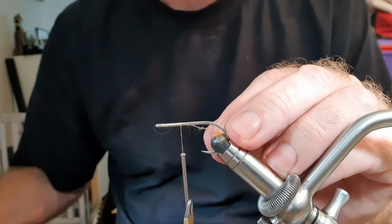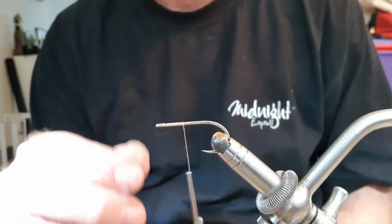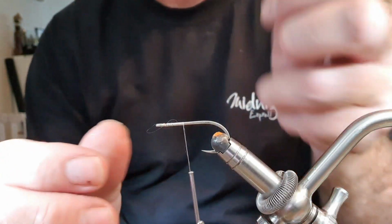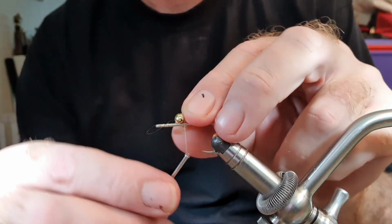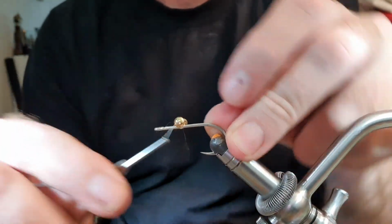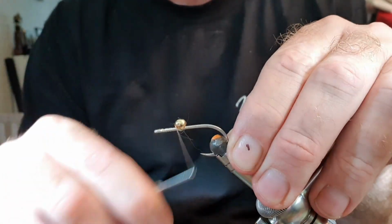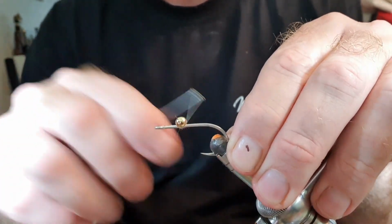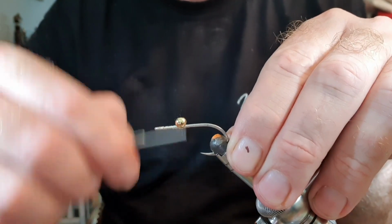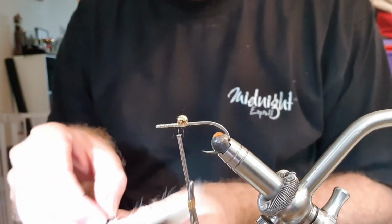So wind your thread on, say initially about 1/3 of the way back from the hook eye. Dumbbells. So this first section is all going to be the same pretty much for all of the ties. This first one is going to be tied how Bob Clouser ties it. Maybe not how he tied the original, but certainly how I've seen him demonstrate. So select